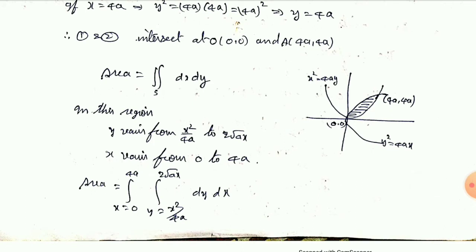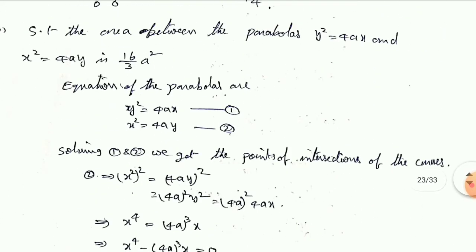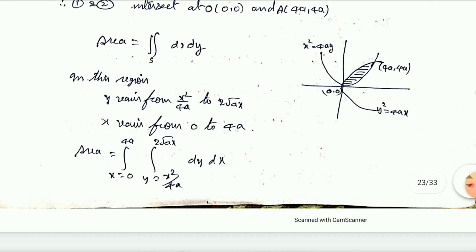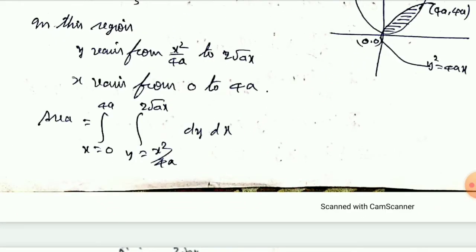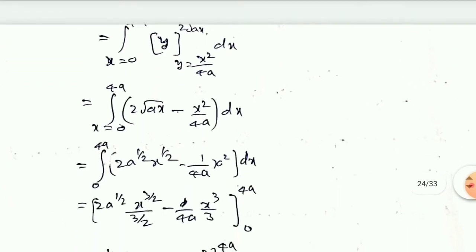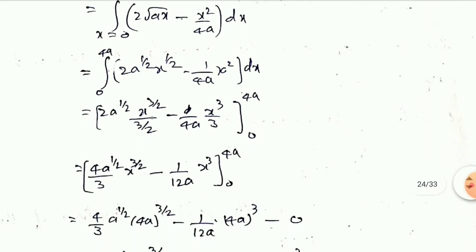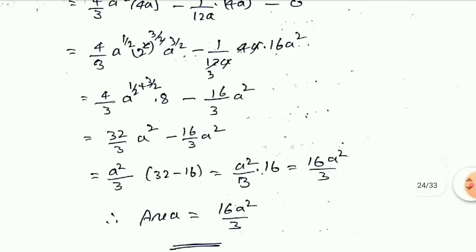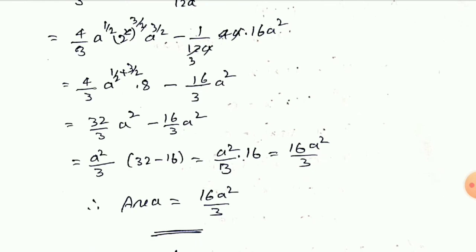We have the two equations here, given y square equal to 4ax. From that, y value is nothing but root 4ax. Similarly, from the second equation, y value is x square by 4a. So among those two values, you select the minimum value, x square by 4a, and the maximum is nothing but root of 4ax. So area formula is double integral, just dy dx, substitute x limits and y limits, and first you do the y integration substituting the limits, then on making the simplification, x integration, and you are getting the answer 16a square by 3.